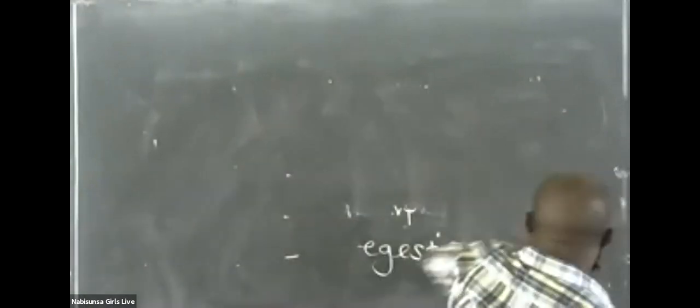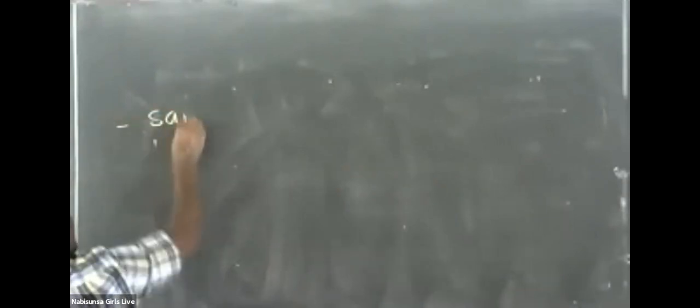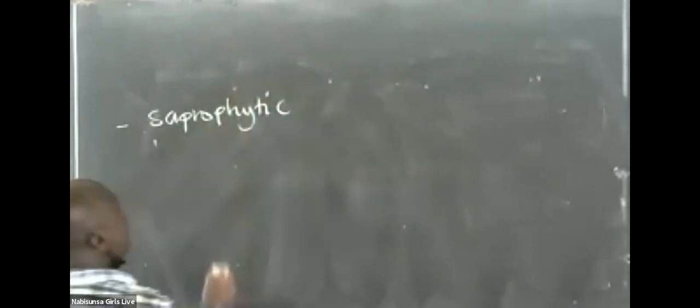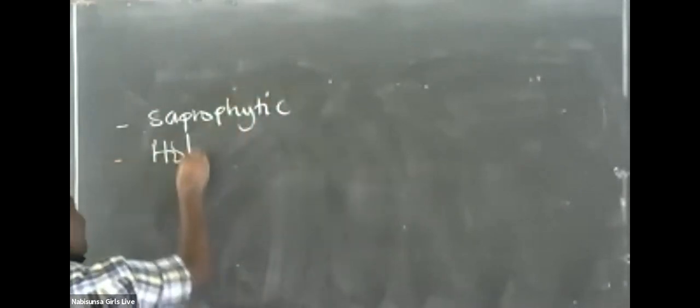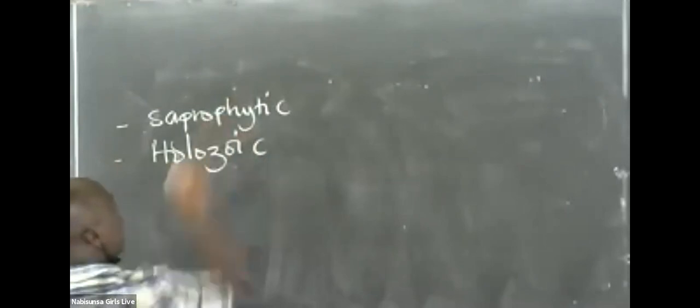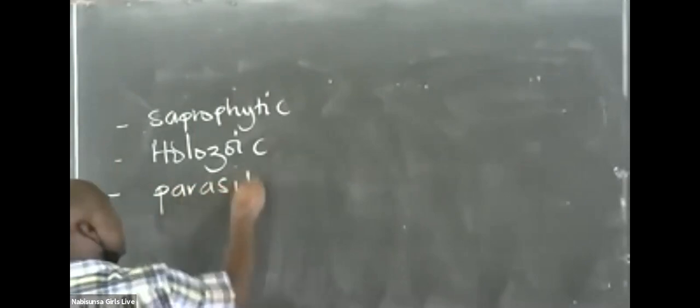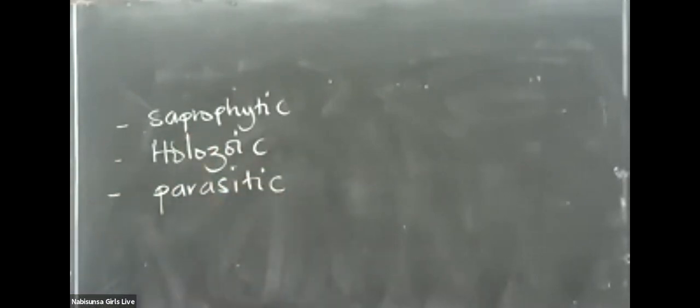Now, so far, we had looked at how many types? We had given that one, that is what we had talked about. Then we gave holozoic as the other. Then someone had given us this. For me, I write parasitic, I will not write parasitism. The reason why I'm using parasitic and not parasitism